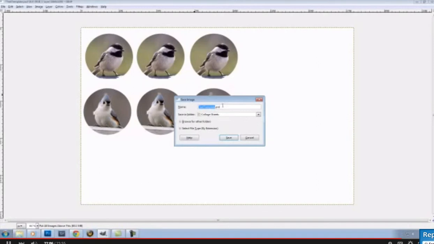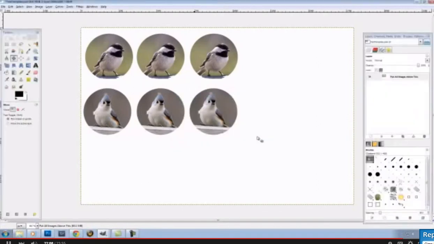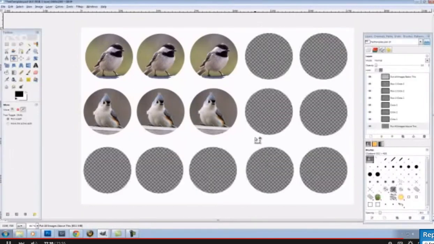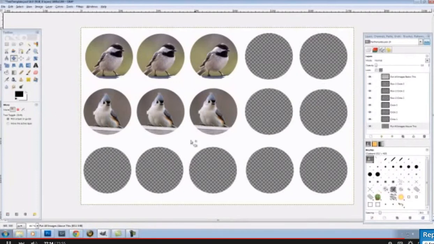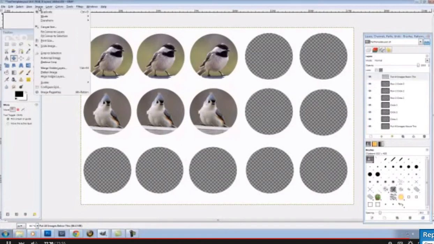So it's very simple. Let's just go back and take a look at that again. I'm going to undo what I just did. All my birds, I've put all my birds where I want them. Now I want to save to print, or save to be able to put on Etsy to sell, whatever you're using the template for. I'm going to click on the very top layer, put all images below this, click image, flatten image,